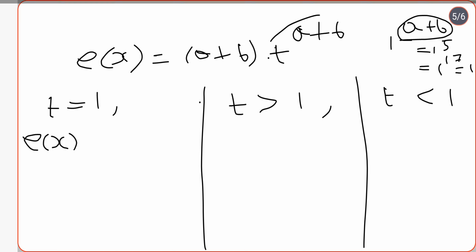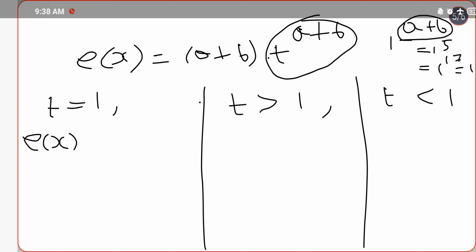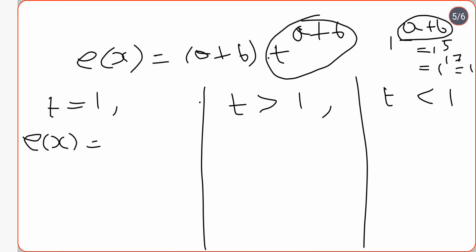So this part has become 1 now if t is equal to 1. So the only remaining part is a plus b. So the elasticity of scale is a plus b if t is equal to 1. That means we are not scaling up. If t is equal to 1, then we are not scaling up, we are not scaling down. That means we are not scaling our production up, or down. We are basically being at the current scale of operation, and we are basically being constant in the scale of